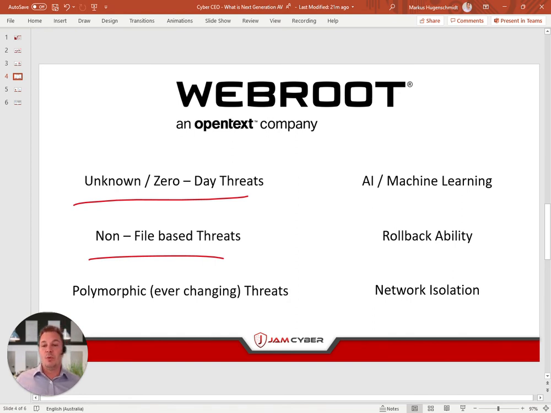But more and more stuff comes covered in, say, a PDF file, and then it's the image parsing, the way the computer deals with something in that file, that is your threat. Or it comes through your browser and it's not a file at all. It's literally just a process in your random access memory in your computer. So next generation antivirus can pick those up.